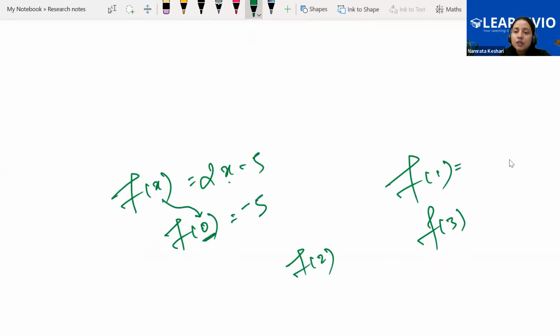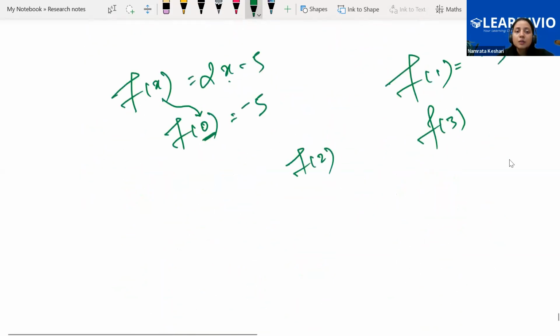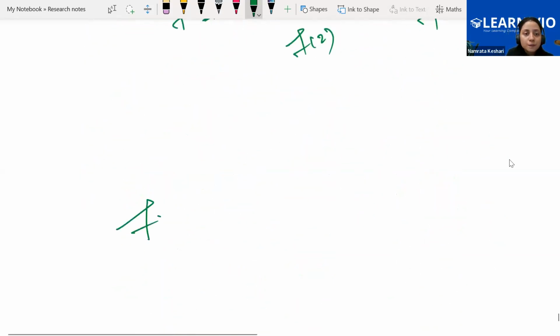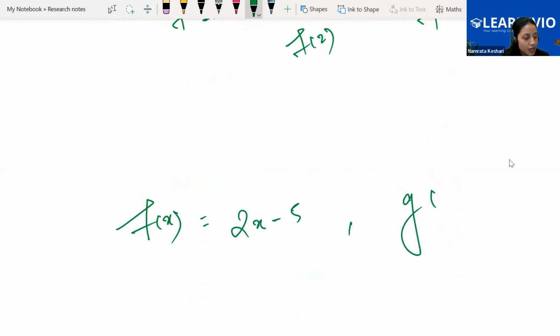Can you tell me what is f of 1, Ali? Minus 3. Ma'am, minus 3. Yeah, I can see you are getting it. Suppose we are having two functions. f of x is equal to, let's say, 2x minus 5, and g of x we are having